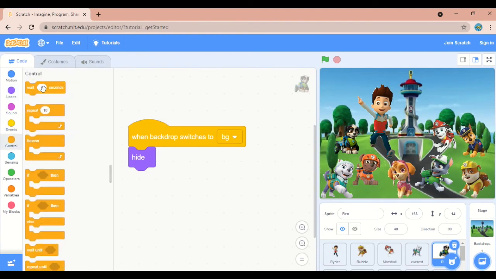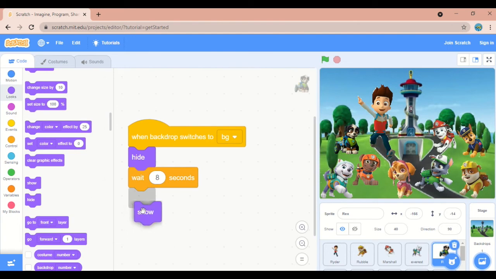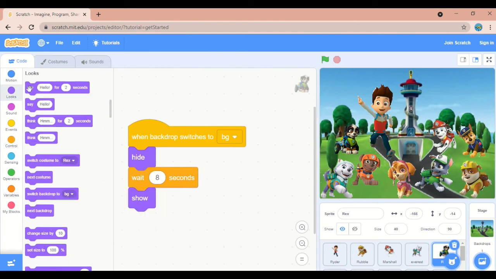Then go to control. Wait for how long should it wait? 2, 4, 6, 8. 8 seconds. Then show. Then after that it should say "Hello, I am Rex."